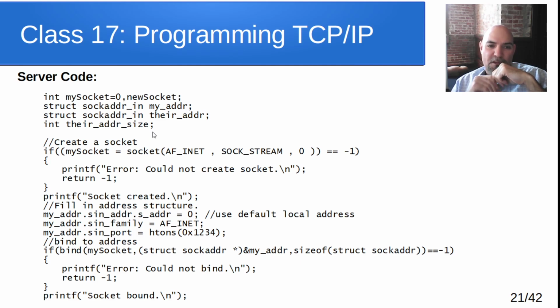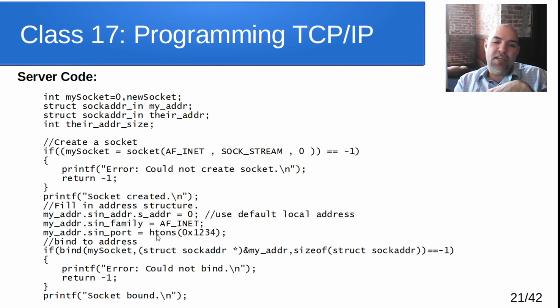Okay, so looking through this code, same as before, we create a socket. We fill in our address. If you put a 0 in there, it'll use the default local address. The address family AF_INET. And since this is the address I'm listening on, I need to specify what port I want to listen on. In this case,